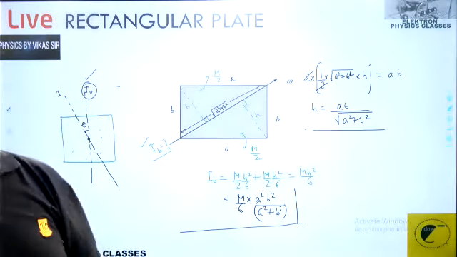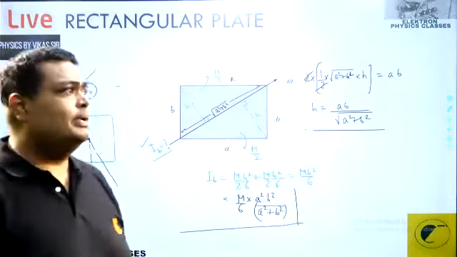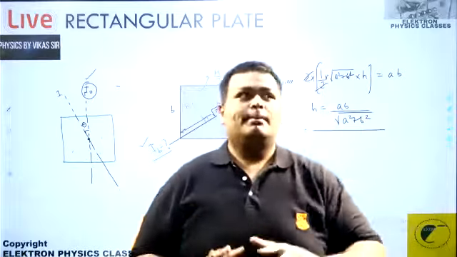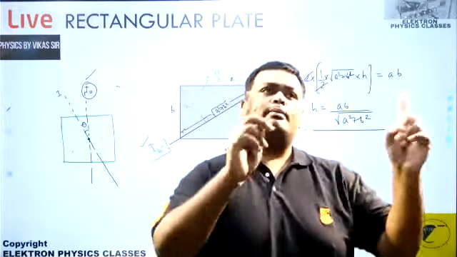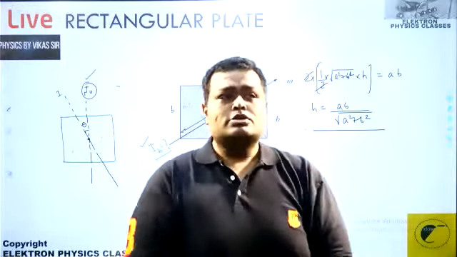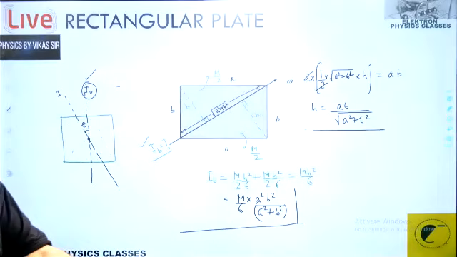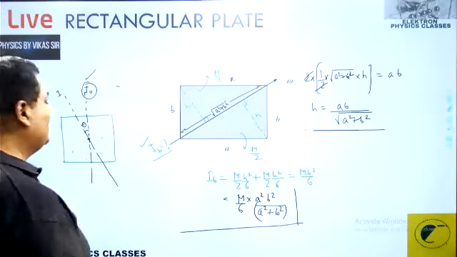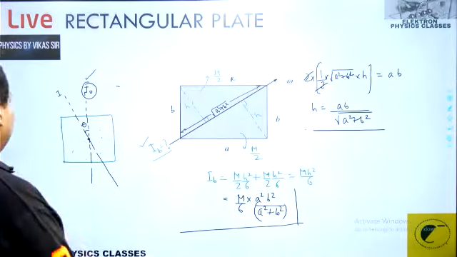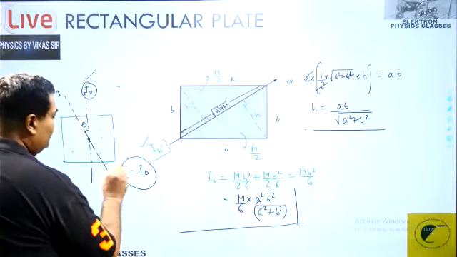The options were going to hit that particular psychology of yours. I naught sine theta, I naught cos theta, because you will be charmingly hitting the idea: oh, this component is cos. But in the case of the rod, it came out to be ml square by 3 sine square alpha, so maybe the sine square theta option is there. So they will be hitting upon your psychology, but you will be missing the plot that we had done the concept that any axis passing through the center and in the plane of a square plate is going to have the same moment of inertia. And therefore I becomes equal to how much? I naught is supposed to be your correct answer.